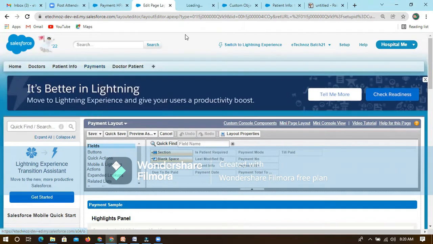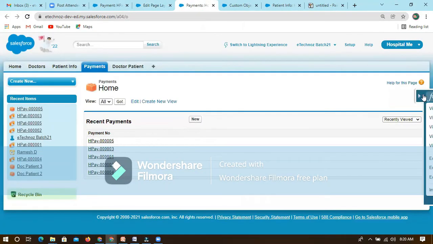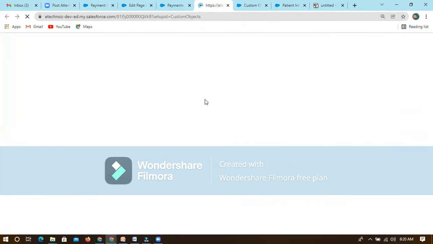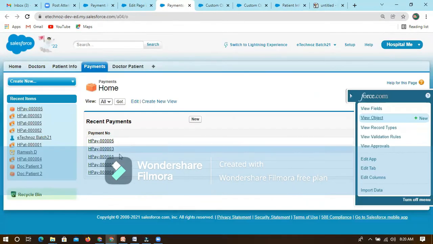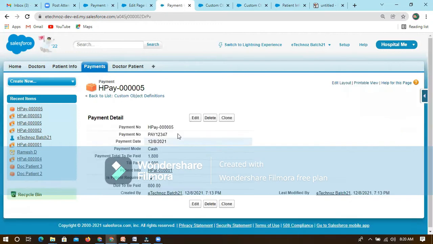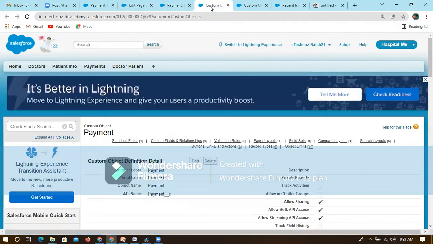If you go to the payment object, you can also see the layouts. If you don't see the layout, you can't see this information, which is organized information, right? This is organized by default. Let's take, you have created this first field, then it will be shown, and this is the second field, this is the third, this is the fourth. Likewise, we have created all. It is organized one by one, so whichever was created earlier shows on the top. That is how it is organized by default.